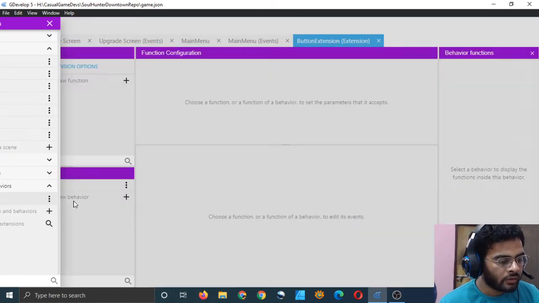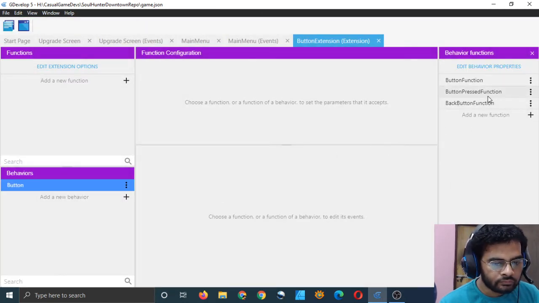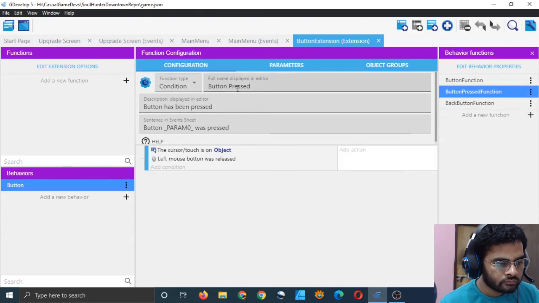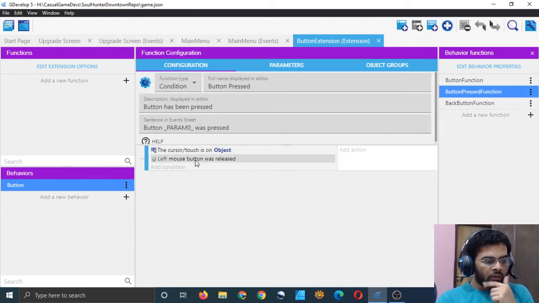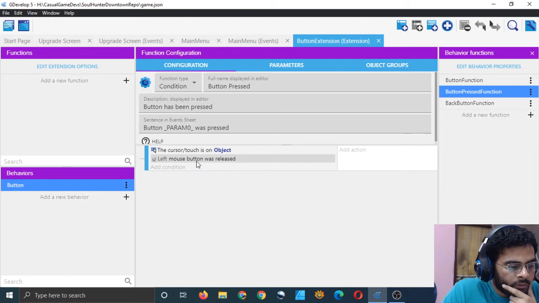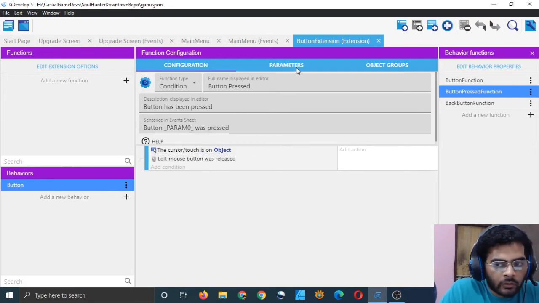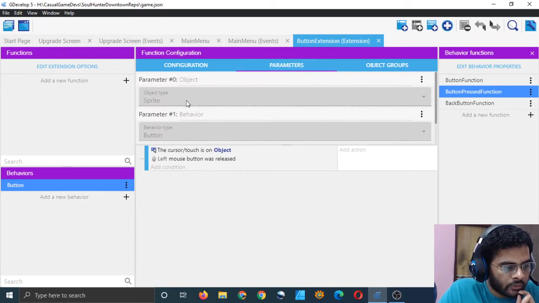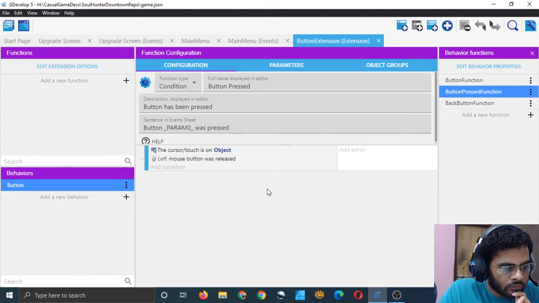Why is it not registering the condition? Button press. The cursor is on object, left mouse button was released. On object, our button object, but a sprite. Object sprite. Should do it, it is not. I guess it should work, but why is it not working?